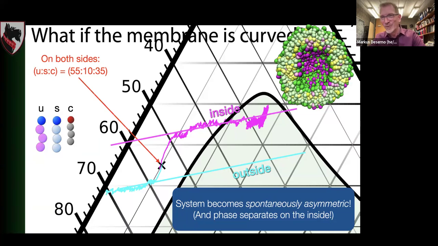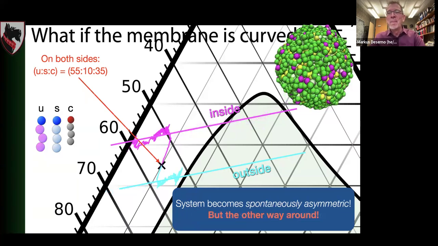So we said, that's great. Let's get statistics over this. You run a second simulation, and then this happened. So again, they ran apart. The inside increased in cholesterol, the outside decreased in cholesterol, but now they ran exactly the opposite way. The inside now depleted of saturated lipids and the outside increased in saturated lipids. And since the outside didn't quite make it all the way to the coexistence region, the outside also didn't phase separate. So both of these systems are still purely mixed and exactly opposite in the asymmetry that they achieved,